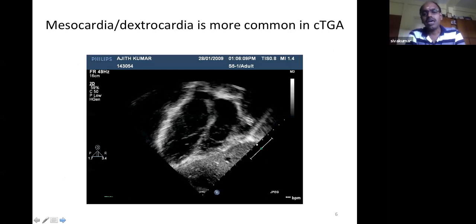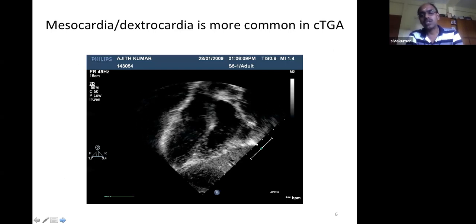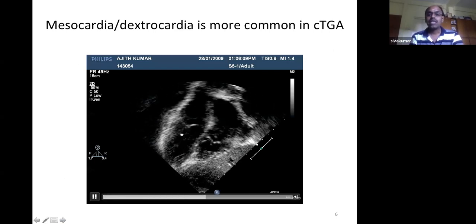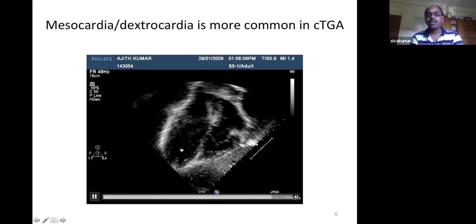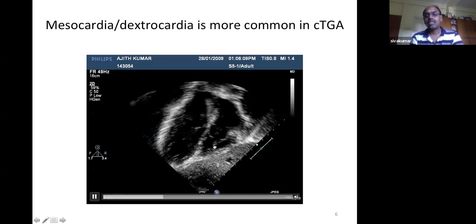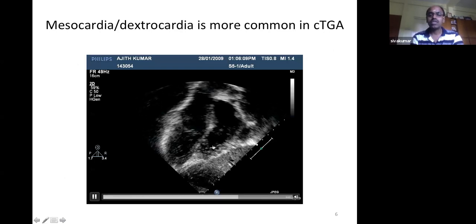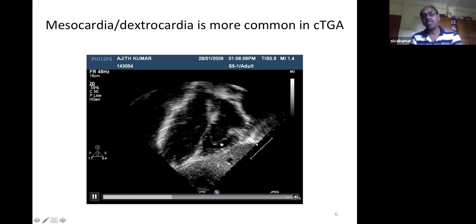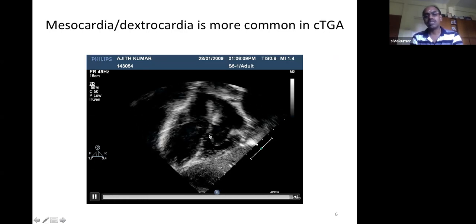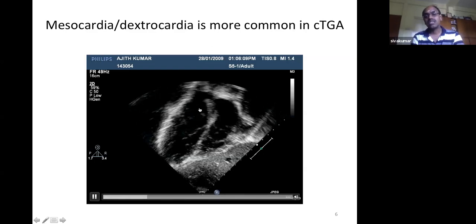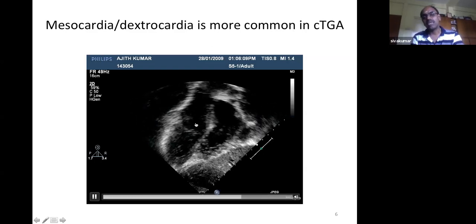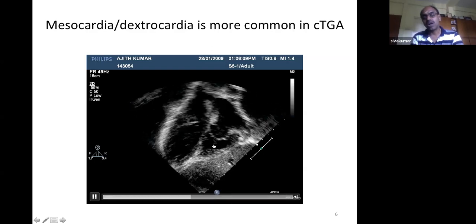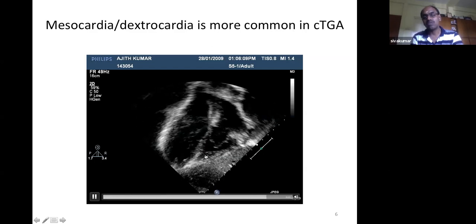So this is a situs solitus with dextrocardia. You can appreciate the subcostal view showing the left ventricle is located on the right side and the right ventricle is located on the left side. So this is L ventricle because compared to this LV, the RV is located on the left side. You can appreciate the right atrium getting committed through the mitral valve into the left ventricle. Left atrium getting committed through the tricuspid valve, which is caudally located, to the right ventricle, which is more trabeculated.